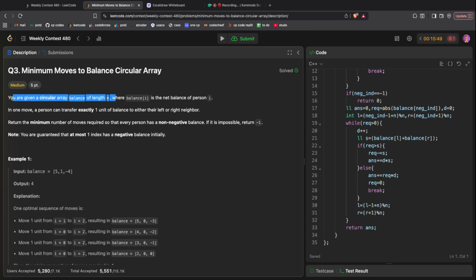You're given a circular array balance of length n, where balance[i] is the net balance of the person i. In one move, a person can transfer exactly 1 unit of balance to either their left or right neighbor. Return the minimum number of moves required so that every person has a non-negative balance. If it is impossible, return minus one. Note: you are guaranteed that at most one index